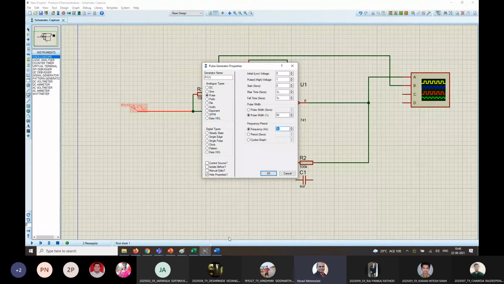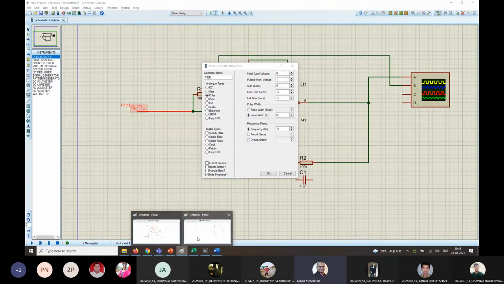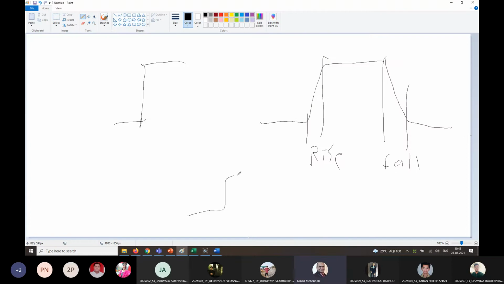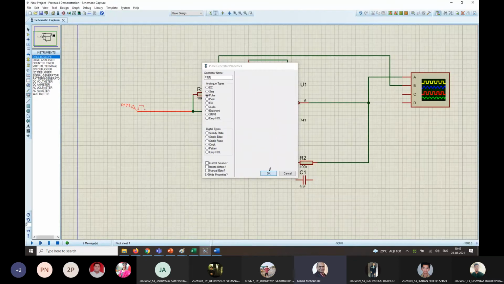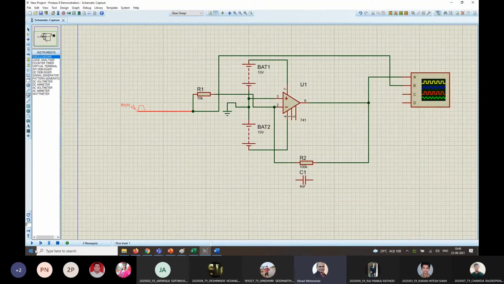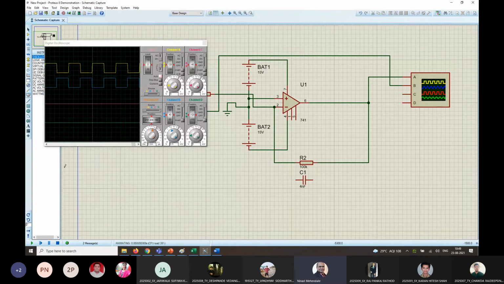Pulse width is 50%. That means whatever you set as T on will be the same as your T off. So this is what we call T off, time for the pulse to remain off, and this we call T on. And total time T is T on plus T off, which is equal to 1 upon F, which is the frequency that you set. So everything is set now. Just see if we get a square wave, and here the inversion will be much clearer also.